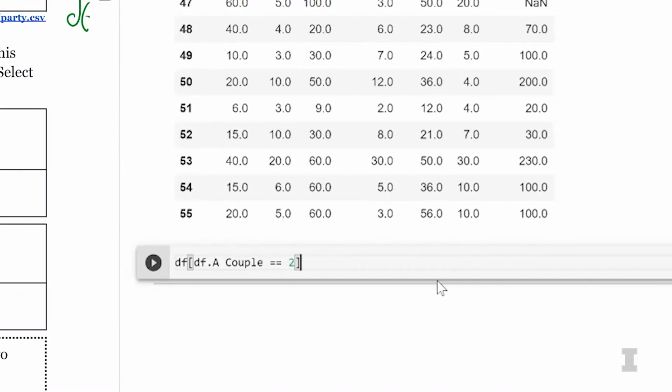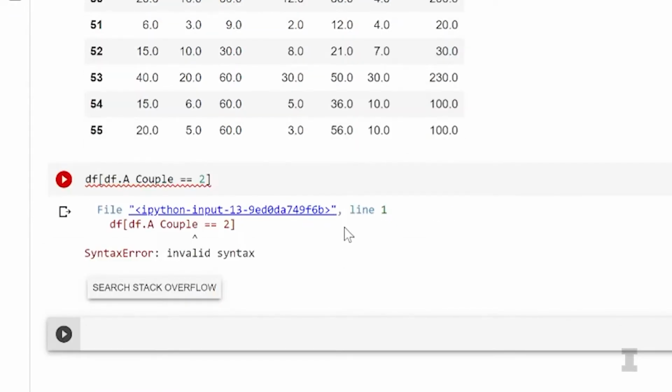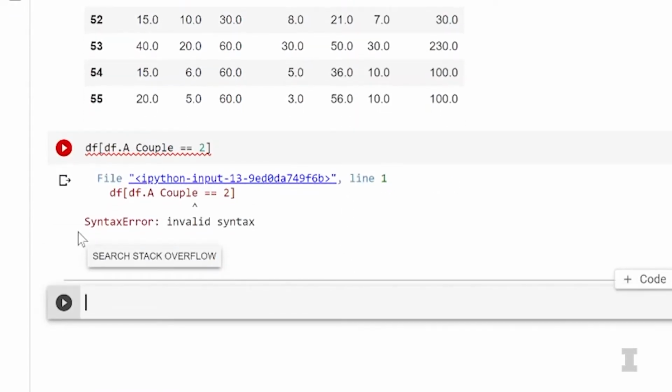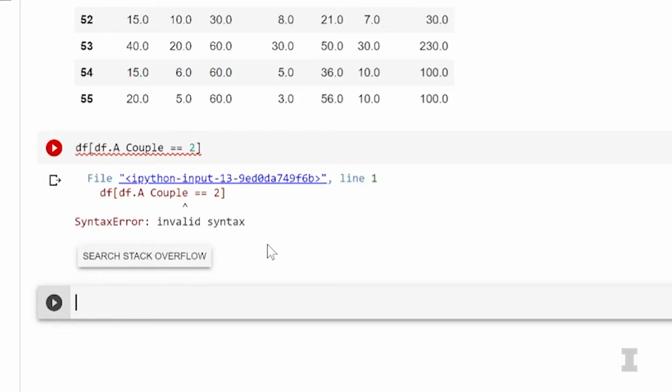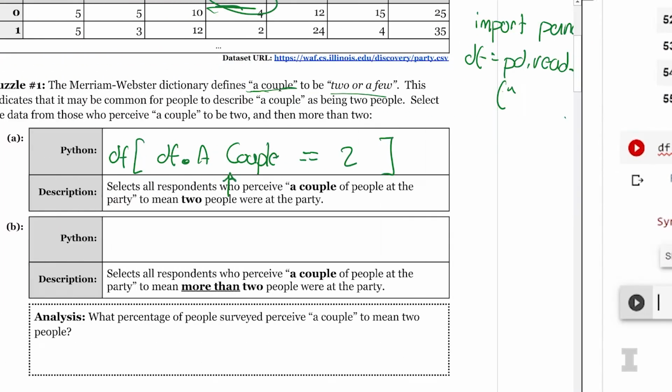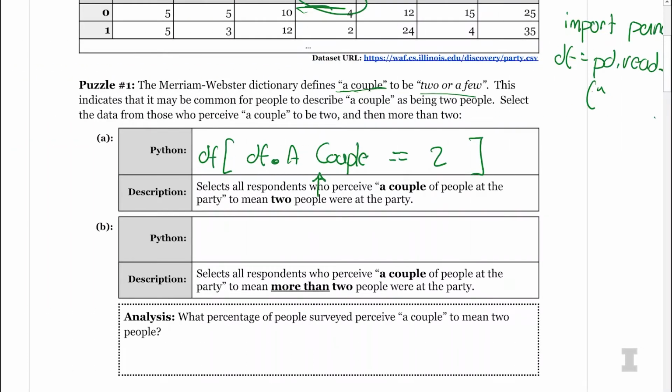And Carly, if you do this, I'm guessing you're going to get an unexpected result. Let's see. So it says there's a syntax error. There is some invalid syntax in this code. Okay, so interesting. A syntax error means that Python doesn't understand what we're typing, and it needs to have an understanding of exactly what we want it to do. So did we get an indication of where Python got lost? Yes. There's a little arrow right at the word couple. So basically when it reached a couple, it was completely confused at that point, and it didn't know how to continue reading that line of Python code.